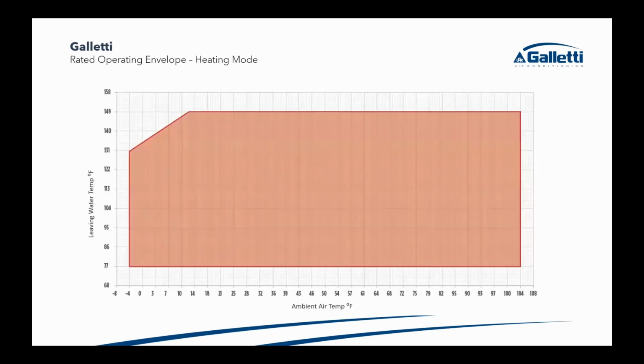Okay. This just gives you a visual, and this is pretty standard in the industry: if they don't achieve this, they're going to be pretty darn close. But I bring this up because of the limitations of some of the new technology. If you have a leaving water temperature of 149, we have to be conscious when doing selections and trying to determine whether this is a system that can operate on low temperatures. And even if you have an older system that can't support the design day conditions with 145, 149, or even 131 degrees,